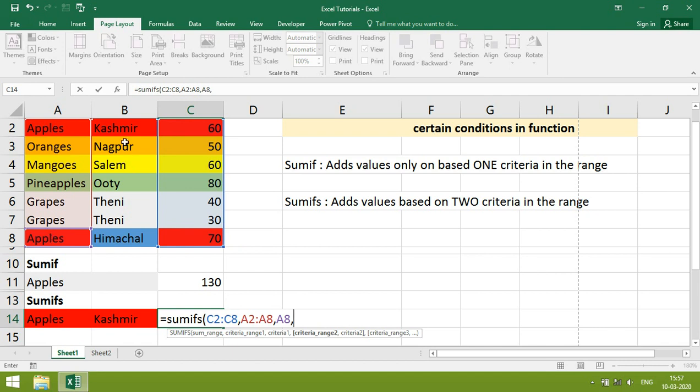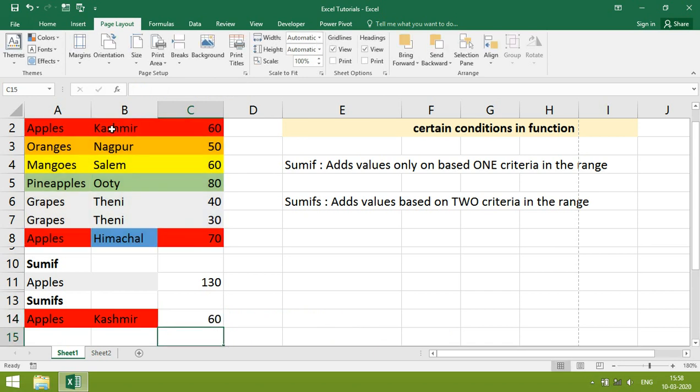Next condition is location wise. Select entire range. Then we want Kashmir. The formula is based on two conditions met, then only it gives result.